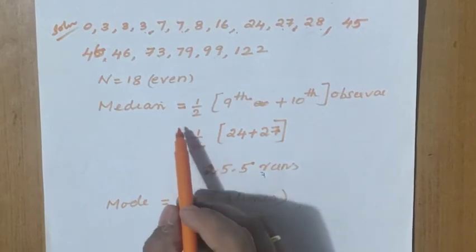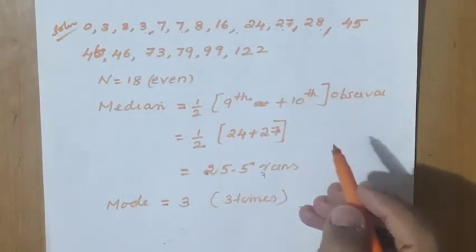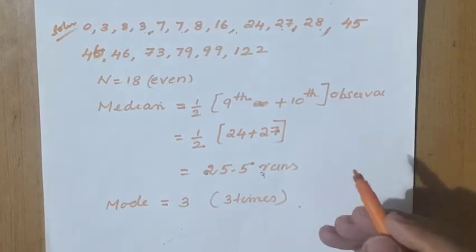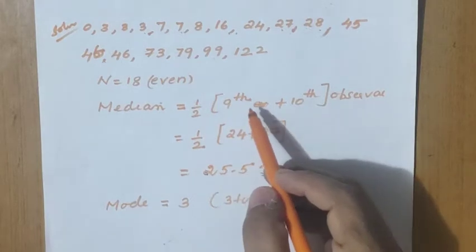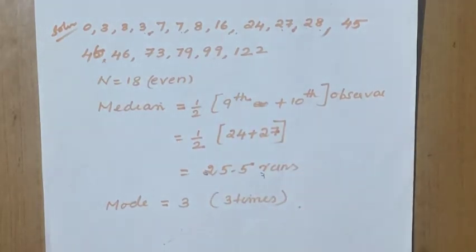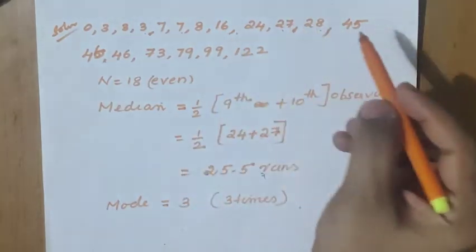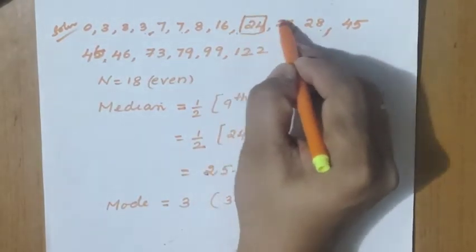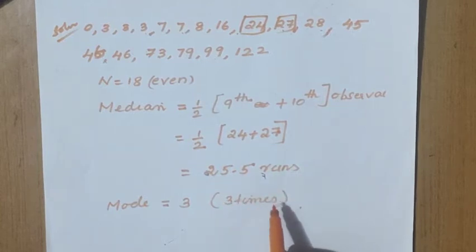It is an even number. So what is the formula we have? Median equals the average of the n by 2 th and n by 2 plus 1 th observations. That means n by 2 is the 9th observation and n by 2 plus 1 is the 10th observation, divided by 2. If you check that, it is 24 and 27. So 24 and 27 added and divided by 2 is equal to